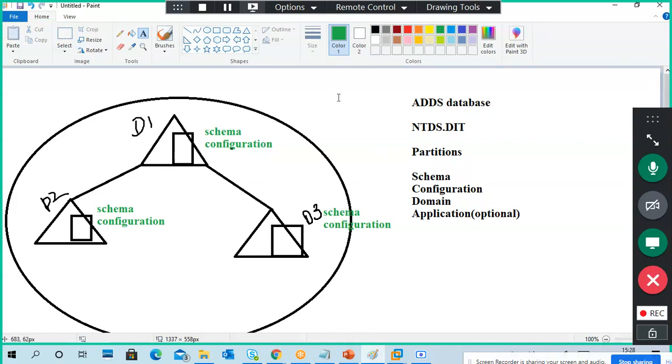In the forest I installed one server as ADCS. So I took one server in the forest and installed ADCS or ADRMS or Federation Services.